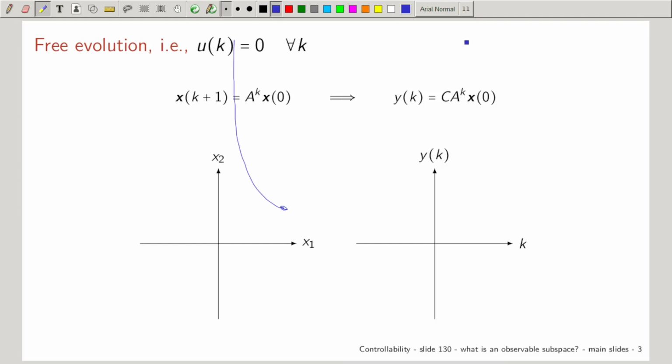But if I've got C that is equal to 1, 0, what do I see? I see this evolution here. I see this one. True? Because I see only this part. Together? While, and this is an important thing, the geometrical interpretation that I would like you to have, and that is going to be enough for the exam,